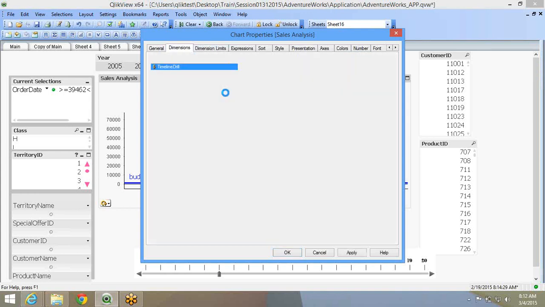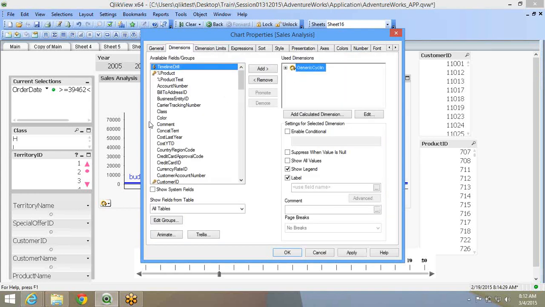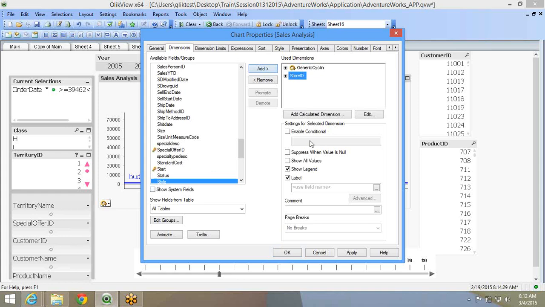Now what happens if you put up 2 dimensions or 3 dimensions? Over here I have generic cyclic. Along with cyclic, I'm just going to put store ID.